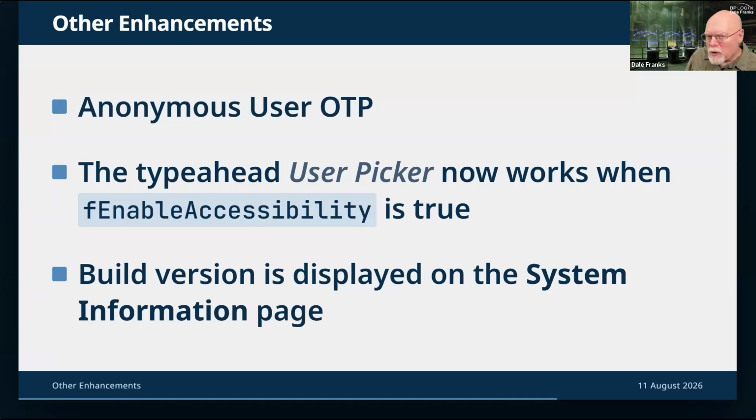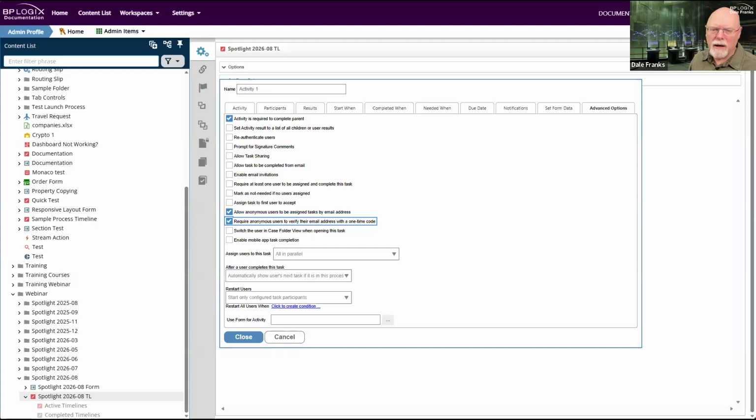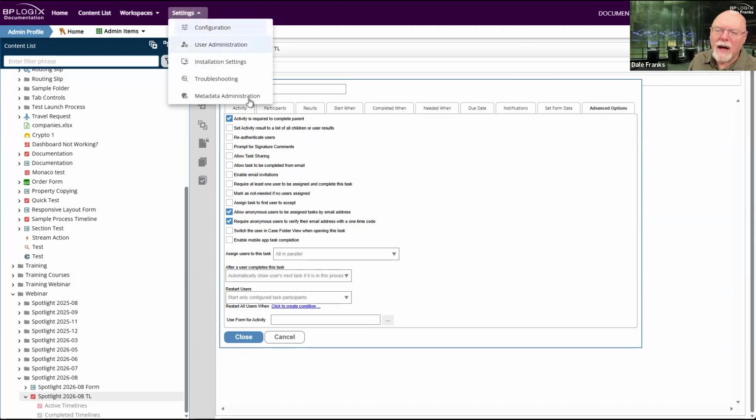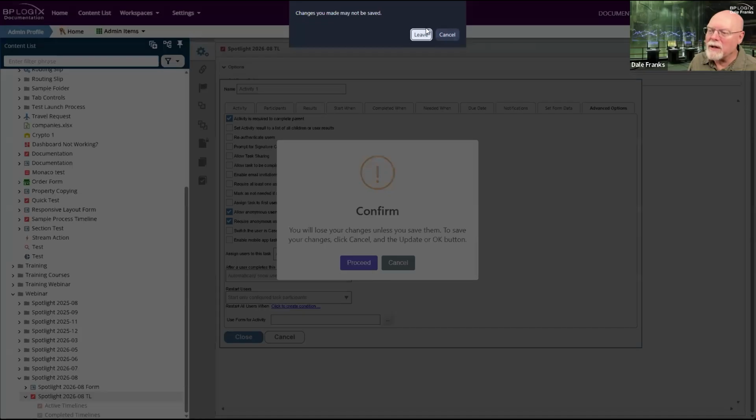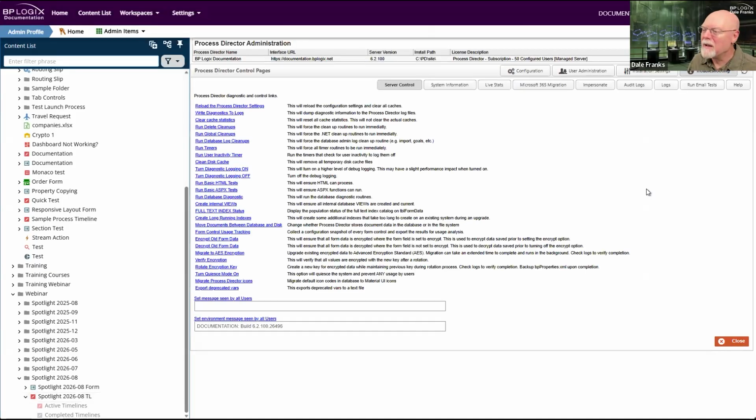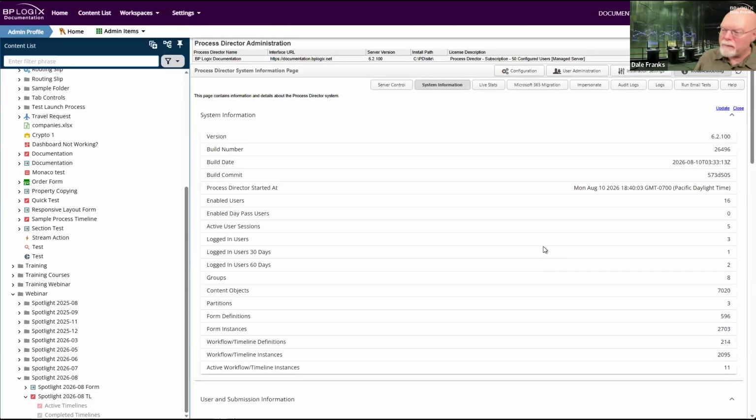The build version of the product now displays on the system information page, and you can see it. I've already used it here at the very top so we can see what the full build version is here. But if we go into settings, and I think it's troubleshooting and system information. Where is it? There it is, system information.